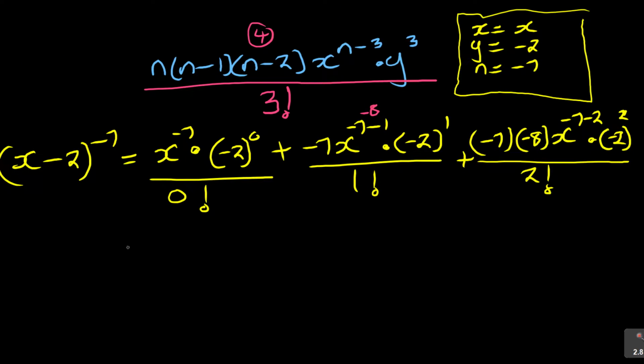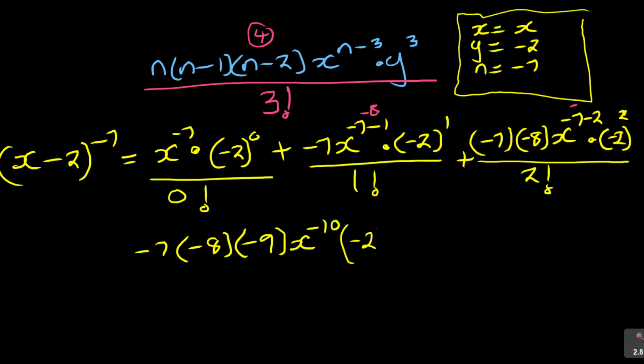Then the last one will become what? It will become negative 7, and then we've got negative 7, n minus 1, negative 7, negative 1. It was negative 8, and n minus 2 is negative 9 there, and then x to the power of negative 7, negative 3 is negative 10 now. See, because that is negative 9 there. You just move with it. Negative 9 is there. So we continue, and then here you have